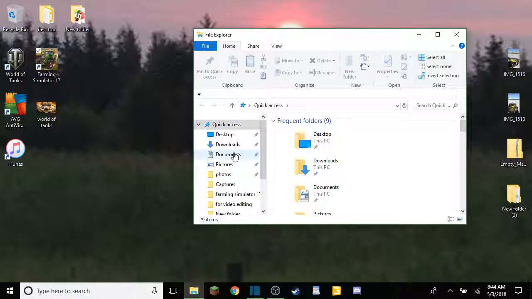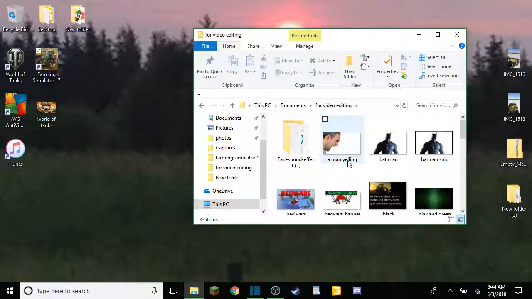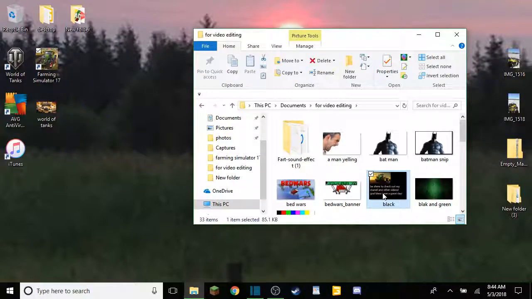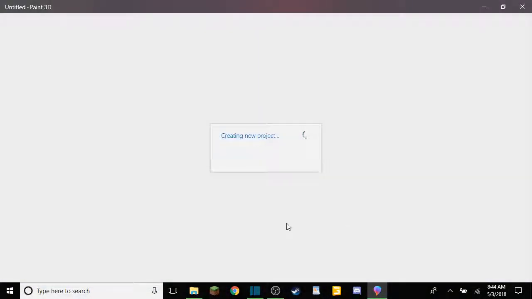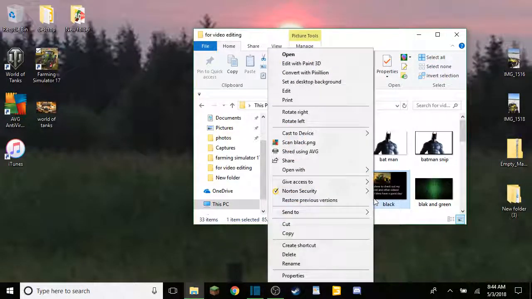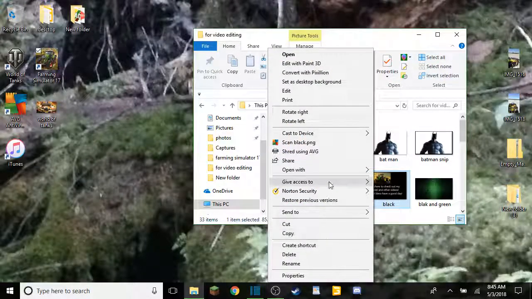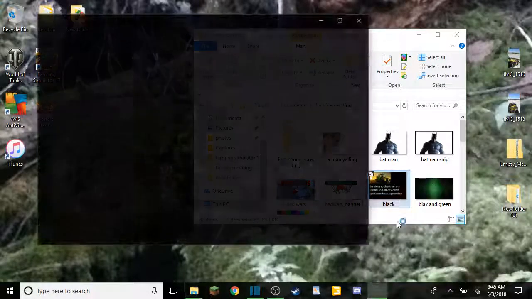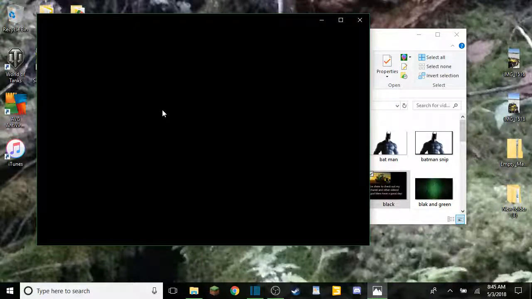Now I believe when you go to Documents and in here, now you're gonna wanna make another one because it just redid everything. But as you can see, I no longer have a perfect black photo, but instead I have this. As soon as it loads,